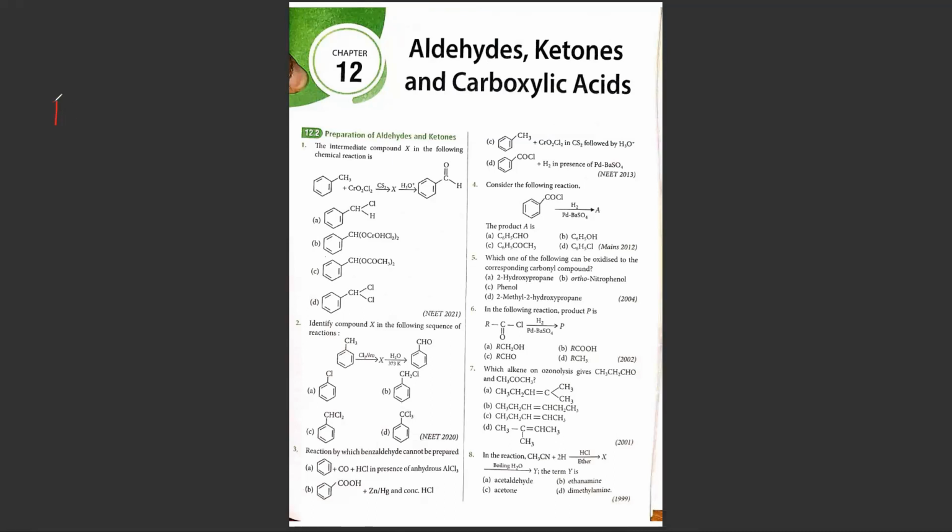So what we have taken is toluene. Toluene is also called as what? Methyl benzene. So this methyl benzene is treated with CrO2Cl2 in the presence of CS2, that is carbon disulfide. So what do you get as X? So your X will be